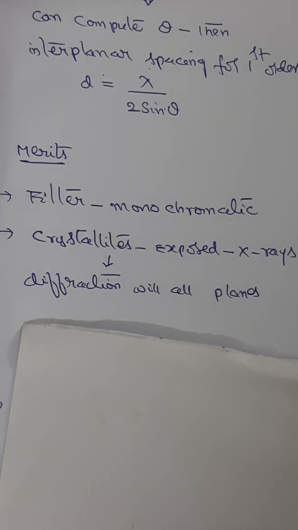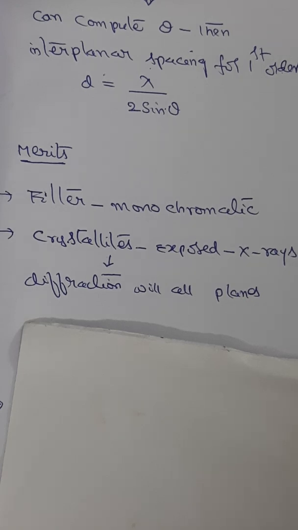As far as merits and demerits are concerned, the Laue method is useful for the determination of crystal orientation and symmetry, which is also used to study crystalline imperfections, which are called defects. But we also understood that the Laue method is not convenient for actual crystal structure determination because several wavelengths of X-rays diffract in different orders from the same plane and they superimpose on a single Laue spot. In that angle, the Laue method is most inconvenient.